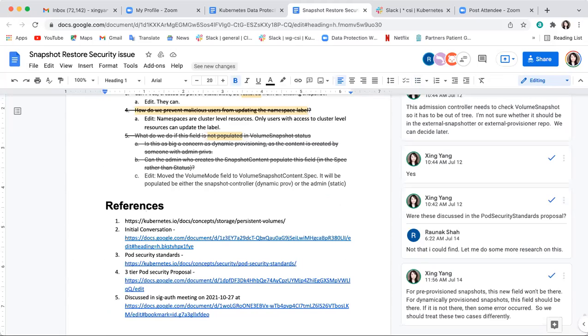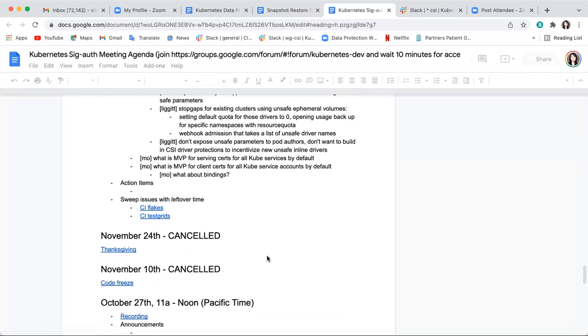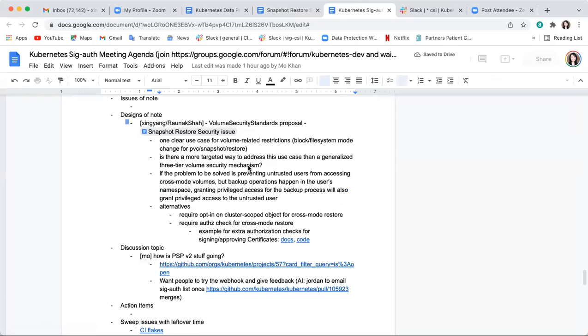I think Jordan added these notes. Yeah, all of these were added by Jordan. So okay, let's go look at the SIGAuth meeting. You know what? I think we can probably go back to the SIGAuth meeting and ask and see what they think, because they are familiar with this type of thing.